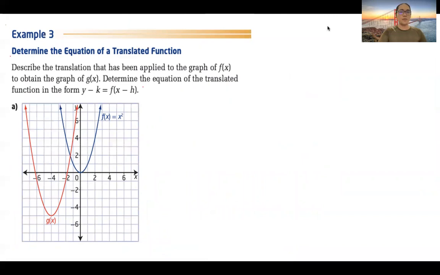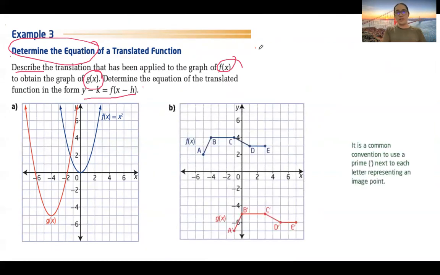So you have actually two given in here. So you're going to determine the equation given the graph. Oh, this is something like a challenging one. Describe the translation that has been applied to the graph of f of x to obtain the graph of g of x, then determine the equation of the translated function in the form of y minus k equals f of x minus h. As you can see, you have it here, the letter A, and of course the second one, letter B, and of course it's more convenient to use the prime,